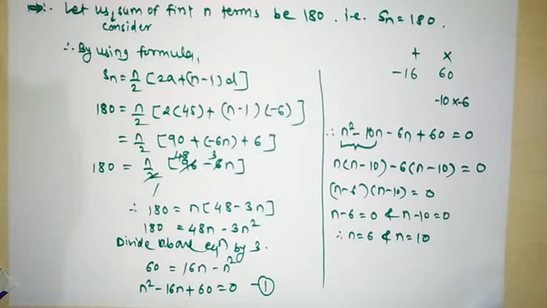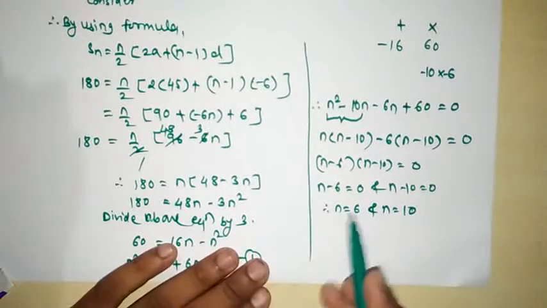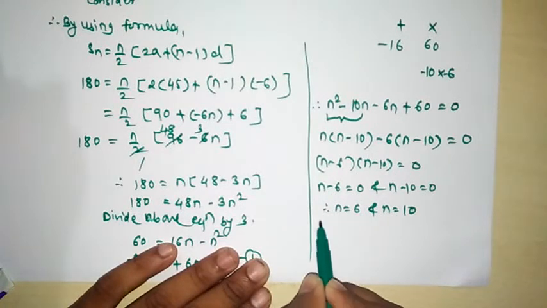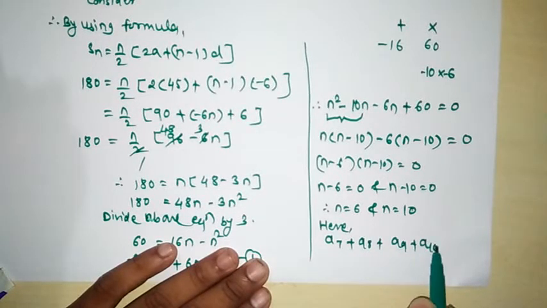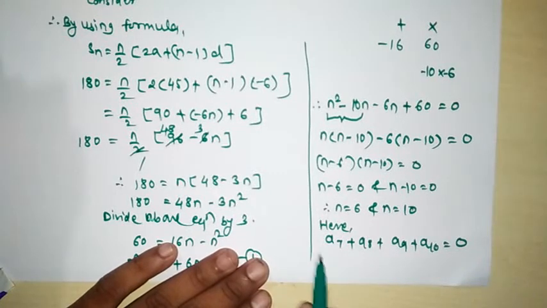That is the 7th term, 8th term, 9th term and 10th term. I will write it like this: A7 plus A8 plus A9 plus A10 is equal to 0. That is, the sum of the 7th term, 8th term, 9th term and 10th term is 0 because